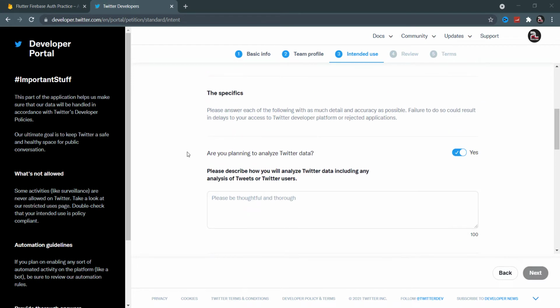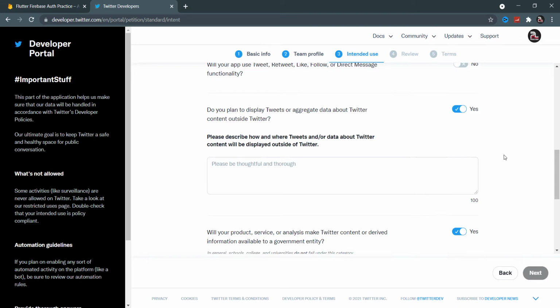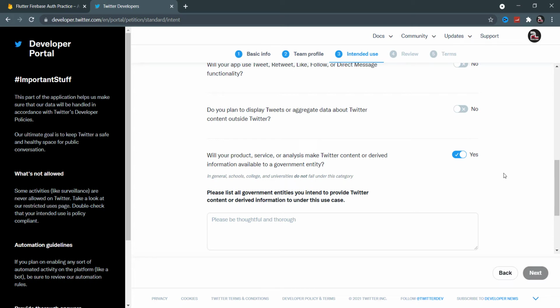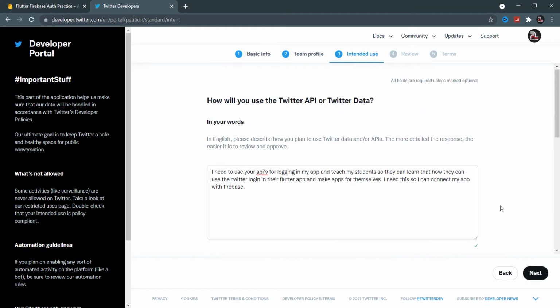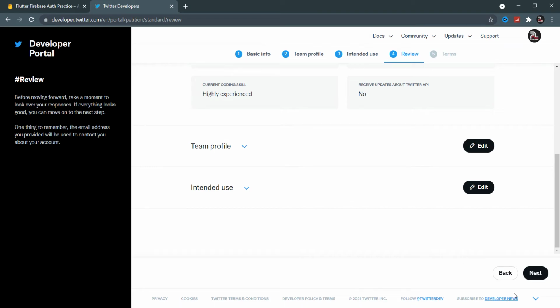Okay, please describe. Are you planning to analyze Twitter data? No, we are not planning to analyze Twitter data, and we are not providing a feature in our app so they can retweet or like or anything else. So this will be no as well. And do you plan to display tweets or aggregate data about Twitter content outside Twitter? So no. And will your product, service, or analysis make Twitter content or derived information available to a government entity? That should be no. And next. And this is basically our basic info. And next,